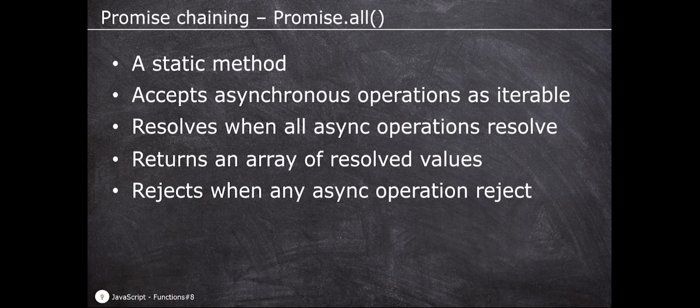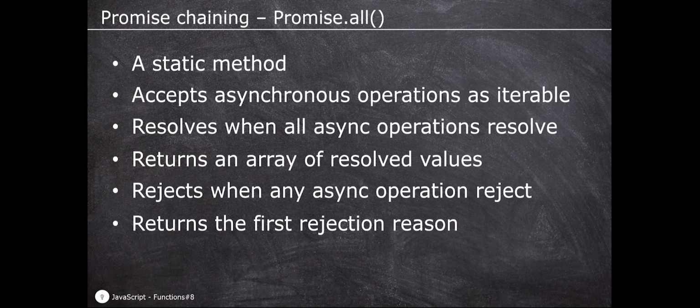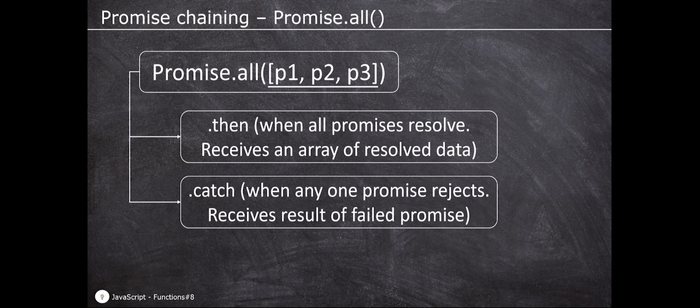When one of the asynchronous operations is unfulfilled, then this function returns a new promise as rejected, and it returns the result of the failed asynchronous operation. In this figure, when all three asynchronous operations resolve, the promise chain executes the .then method, which receives an array of resolved data. And when one of the asynchronous operations rejects, the promise chain executes .catch method with the result